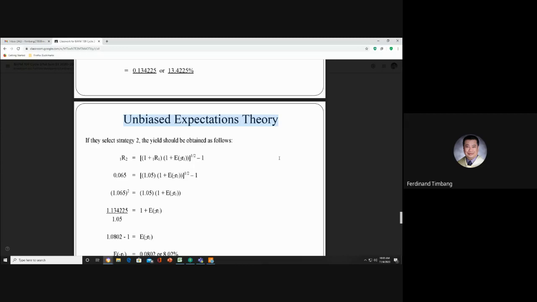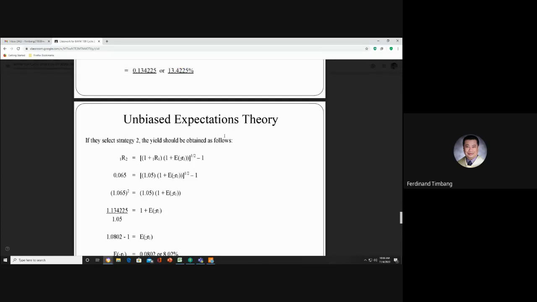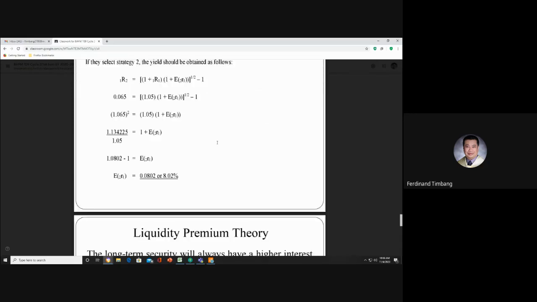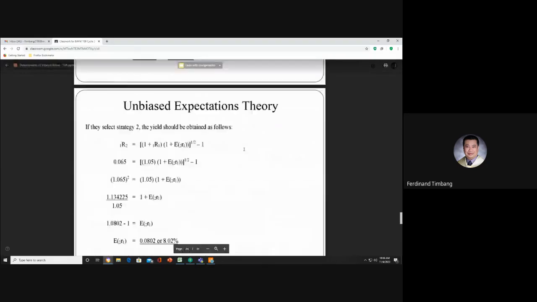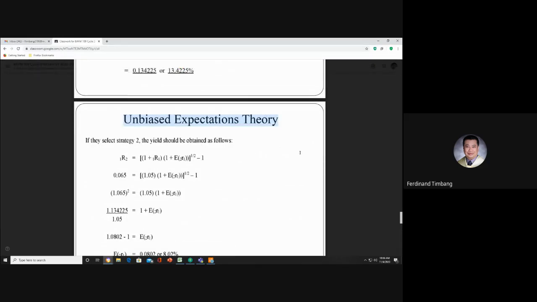Ewan ko ba't ganon. Anyway, balik tayo rito, ha? Yun na nga, pagdating sa unbiased expectations theory kasi, sinasabi na yung long term at saka short term, indifferent when it comes to interest rate, di ba? Pero sinasabi kasi ni liquidity premium theory, hindi, mali ka. Nag-fail ka ron. Kasi dapat, pagka mas mahaba yung period of placement, dapat may liquidity premium.